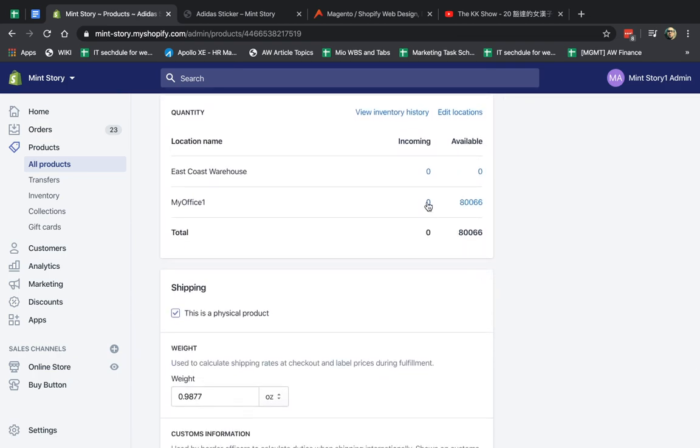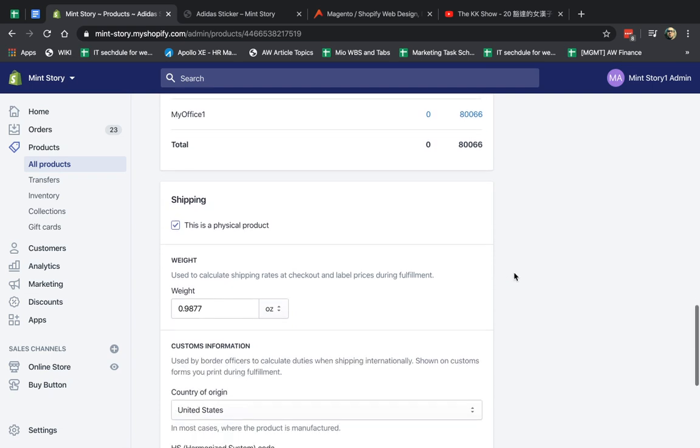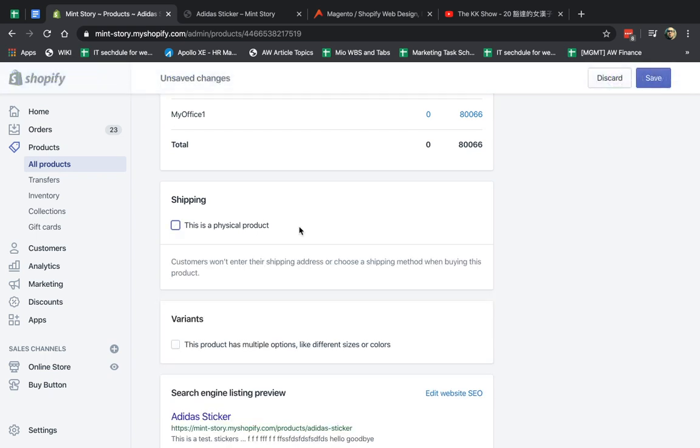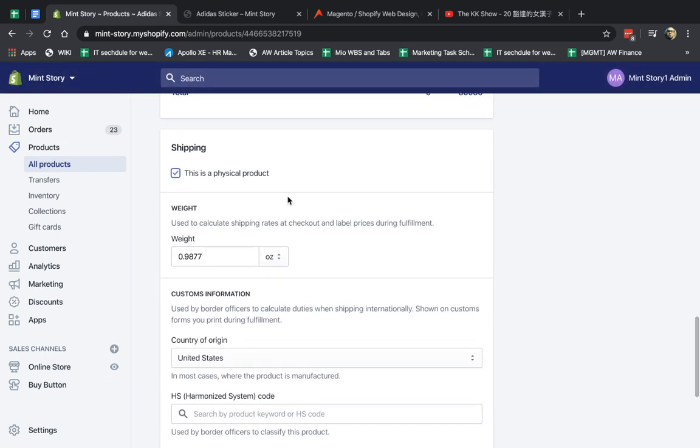Okay, perfect. So next one, what do we have here? You can mark if it's a physical product that's shipping, you mark this. So that means that when the customer checks out, they have to put a billing and shipping address. If it's not a physical product, for example, it's a subscription or a virtual ticket or something like that, you don't have to mark this. If the customer is checking out, they don't need to fill out the shipping address. Okay, great. Obviously, it's physical.